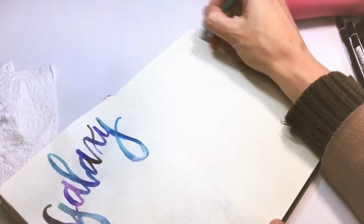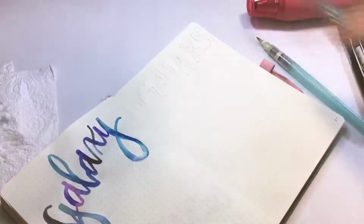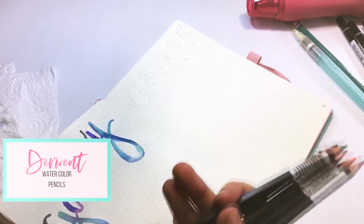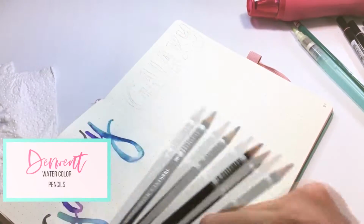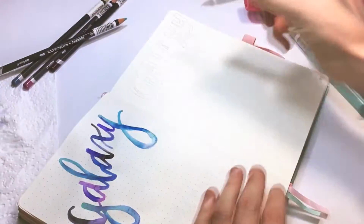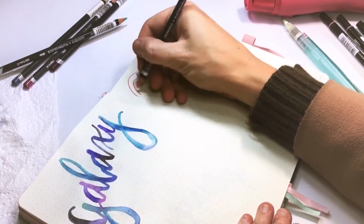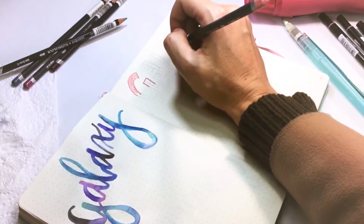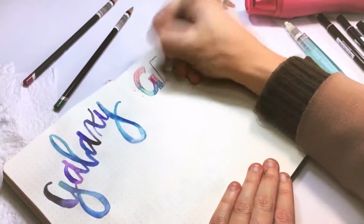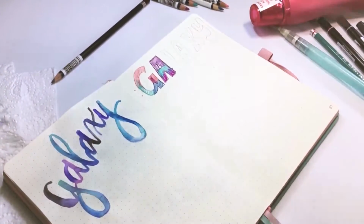So for the next one, we are going to do block letters. So we now have these all sketched out. I am using my Derwent watercolor pencils for this. So let's color this sucker in. I absolutely adore this pink. Casual, because we're going to again later border it with quite a thick pen, so that's going to create the border that we want. A little bit of that nice minty blue